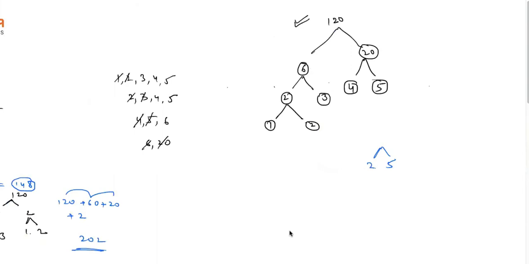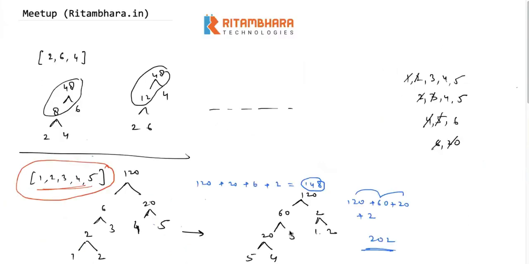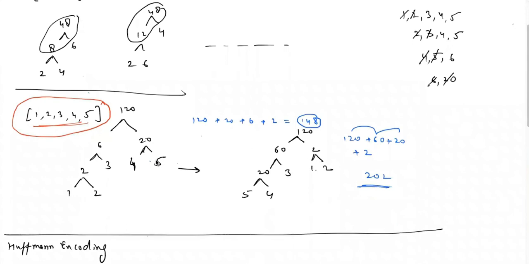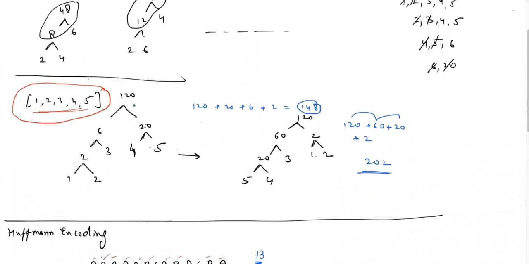That's a good question, right? So, if we already know Huffman encoding, right? Just yesterday, someone pinged me this question. When you draw these trees, how will you solve this, right? So if I add 5 here and I add 4 here, then 5 will be added, right? So 20 is here, right?